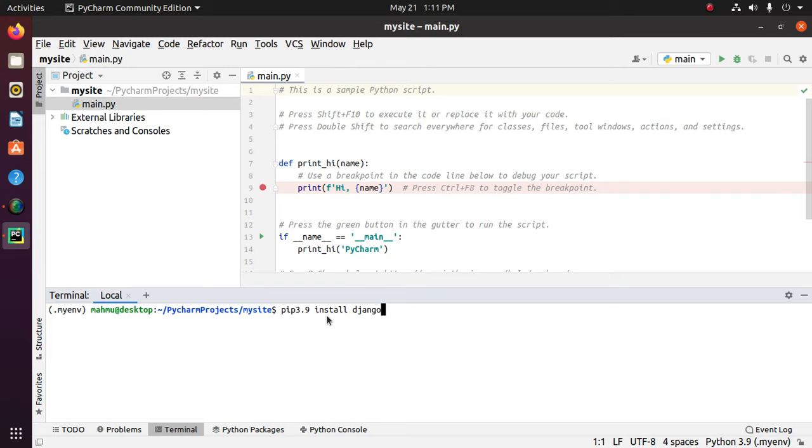You can install a specific Django version with this command: django, and version. Okay, hit enter. This will take some time to install Django in your Python virtual environment. I have already installed Django in my existing virtual environment. Okay,